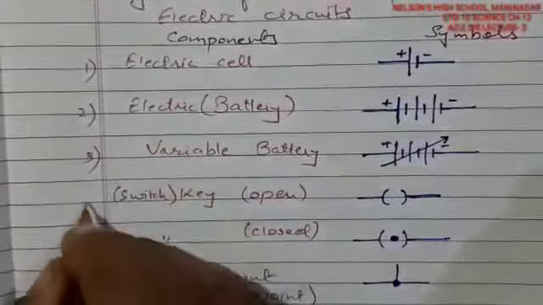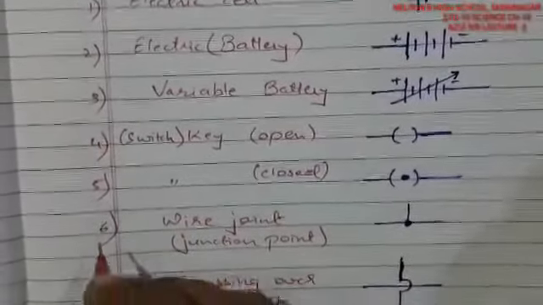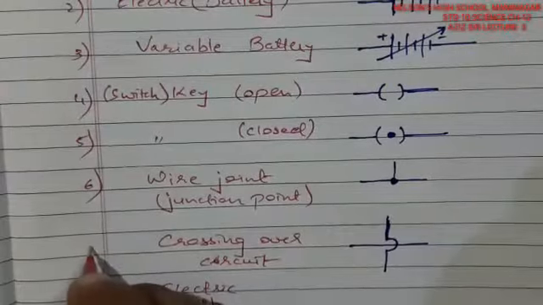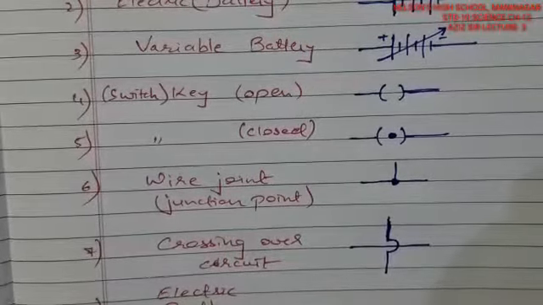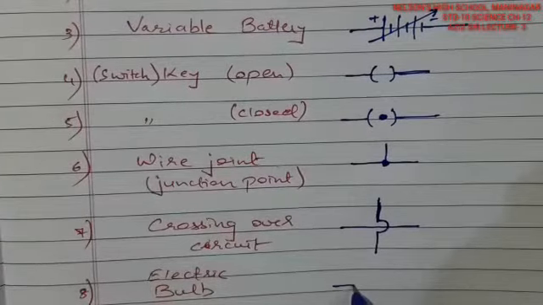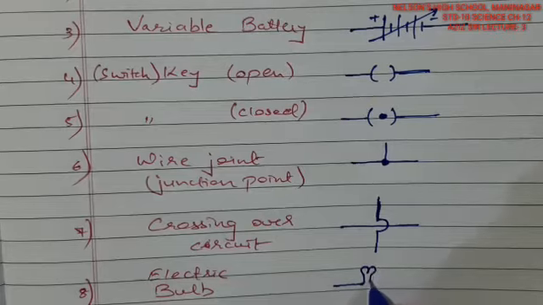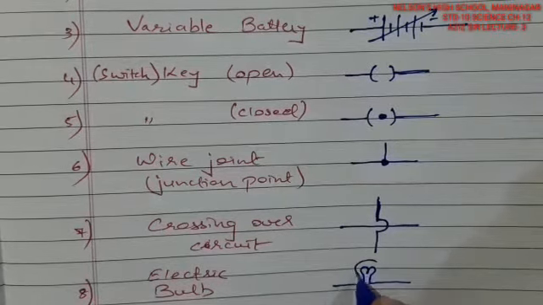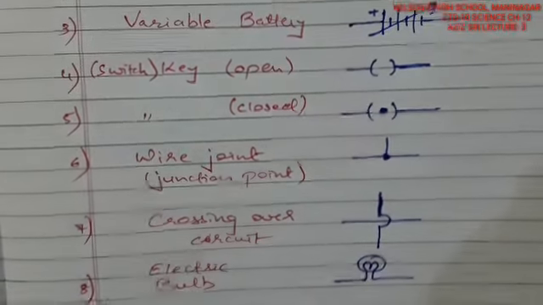Right? So we'll number it 1, 2, 3, 4, 5, 6, then 7, this is 8. Electric bulb is generally one line which is coming, passing by and making two rounds like this and passing this way, make a round at the top of it. This is a bulb, fine. This shows the bulb signature. Okay, this is a bulb.